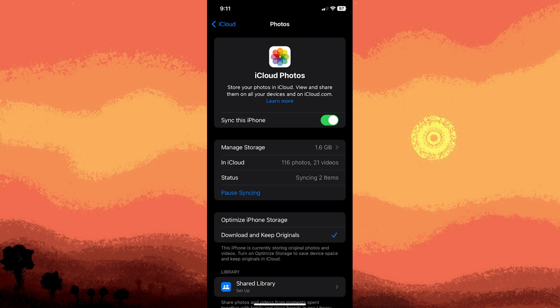Now, when you go to the Photos app, your iPhone will automatically start downloading all your photos and videos from iCloud. This process may take some time, depending on the size of your photo library and the speed of your internet connection. You can check the download progress by scrolling through your photos and videos to see if they appear fully loaded. By following these steps, you can